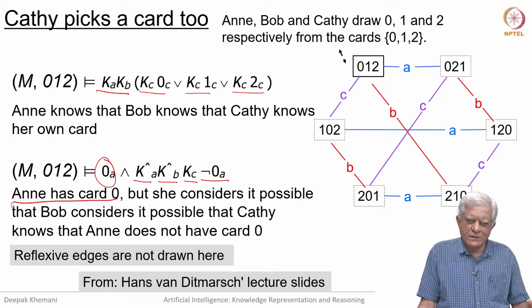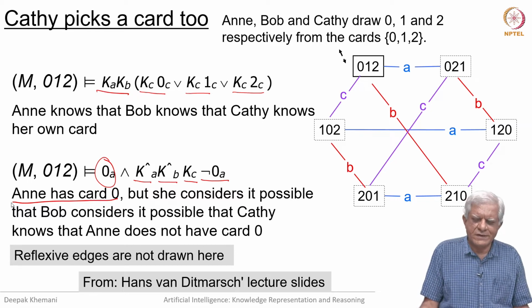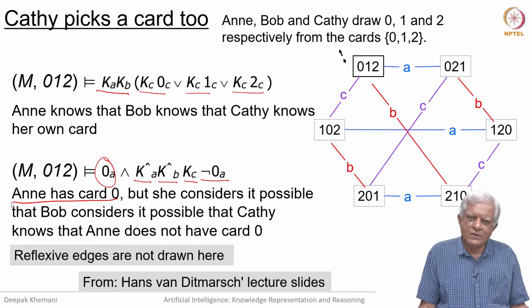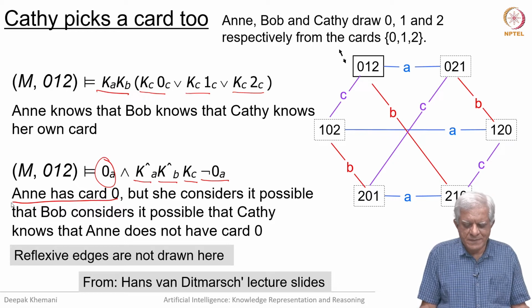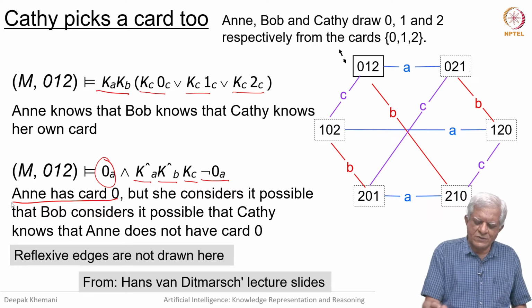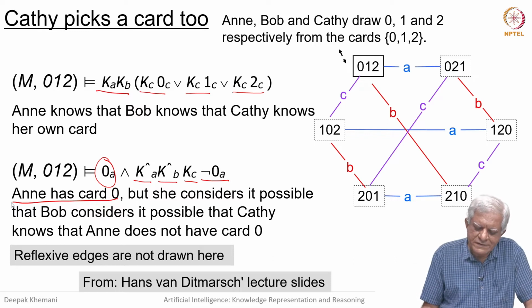So, welcome back. We have looked at epistemic logic, we have looked at the language, we have looked at the kind of sentences that you can express in that language, and we have seen how the semantics can be modeled using Kripke structures or the possible world semantics, in which there are many possible worlds as shown in the diagram that we were just looking at last, when there are 3 cards and 3 people who have picked up the 3 cards. And we have edges between possible worlds, saying that, for example,